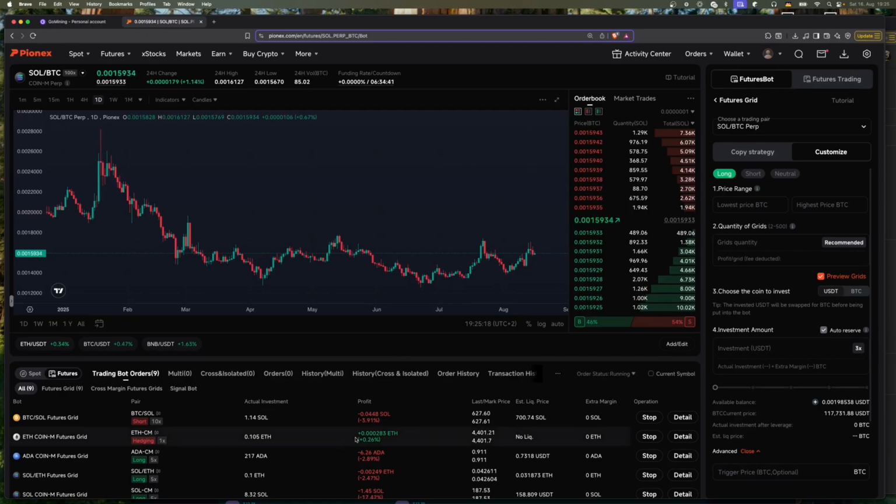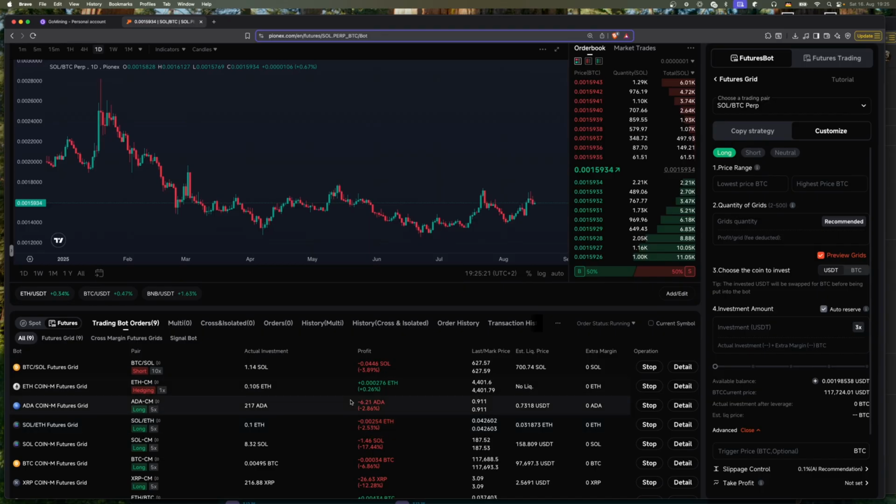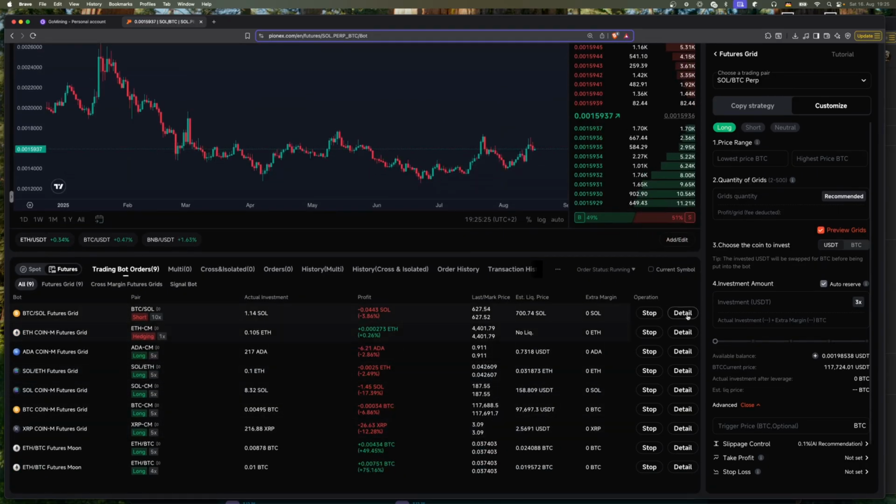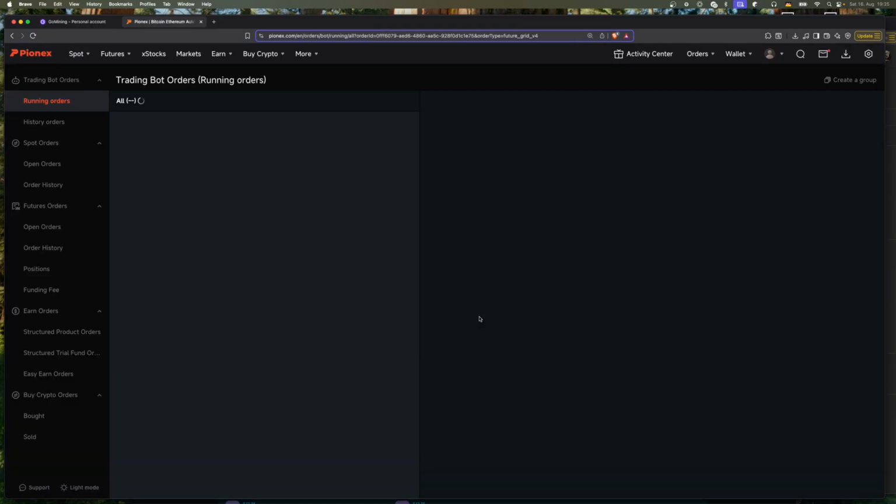Alright, let's head into the bots section. So you can see here I have 9 bots open. Some are green, some are not so green. And if we head to the details, for example,